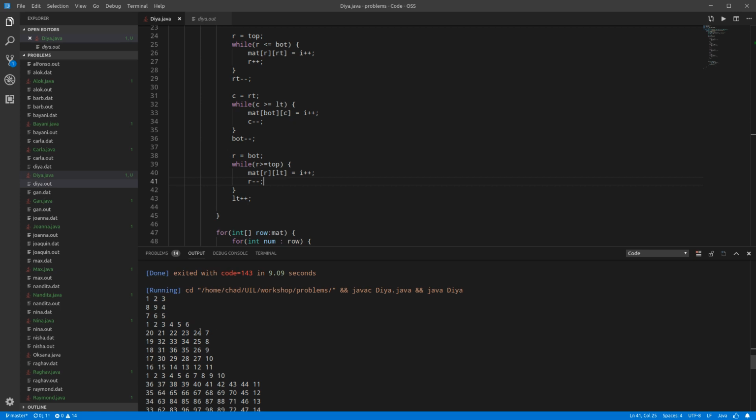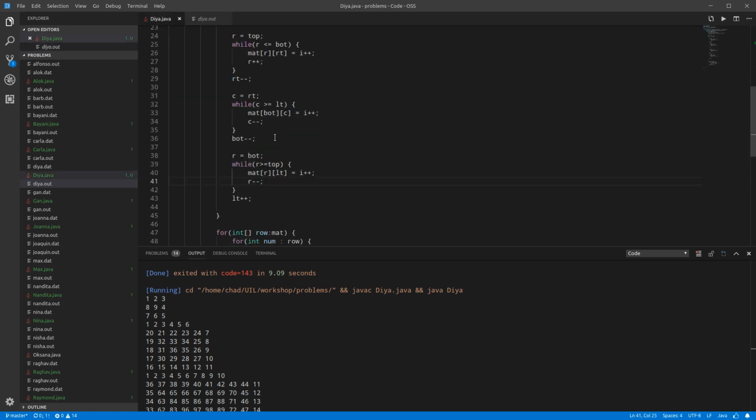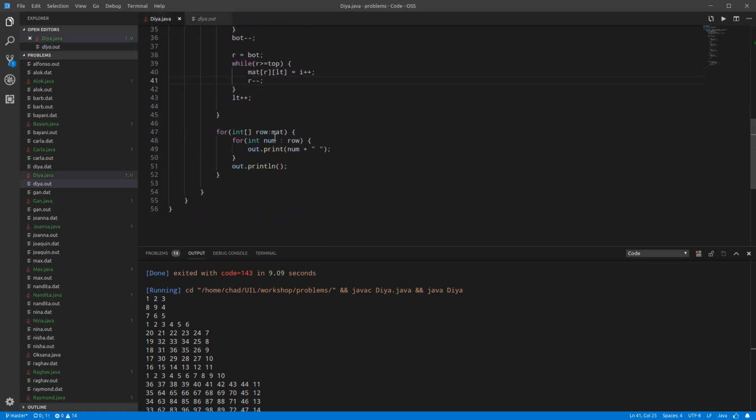So the spacing is clearly off because, like, these are 2 digits and those are 1, so we'll fix that. But it looks like the numbers themselves are right, so that's good. So I think I've got this part working. Okay, so now it's a matter of,